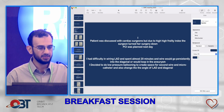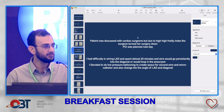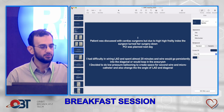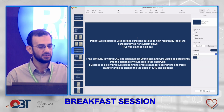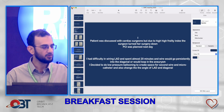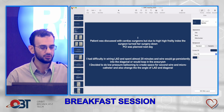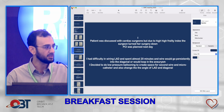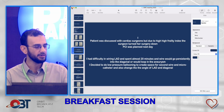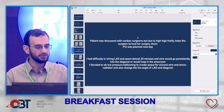I'll be presenting this interesting case of a 65 years old lady who was pre-diabetic and had been treated previously for CA colon. She underwent an angiogram at an outside facility for CCS2 and NYHA2 symptoms, which revealed a single vessel coronary artery disease involving the ostial LAD, which was severe, osteoproximal LAD, and a moderate to severe lesion in the mid-LAD. Her ejection fraction on echocardiogram was normal without any significant